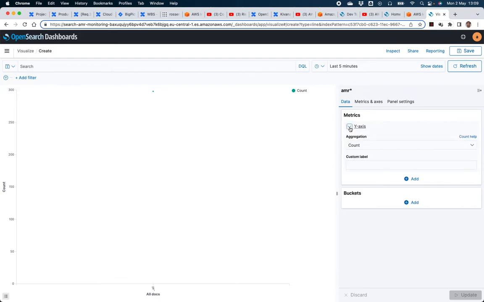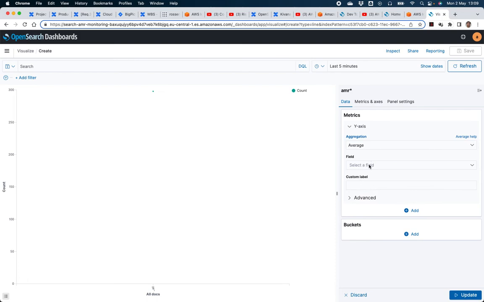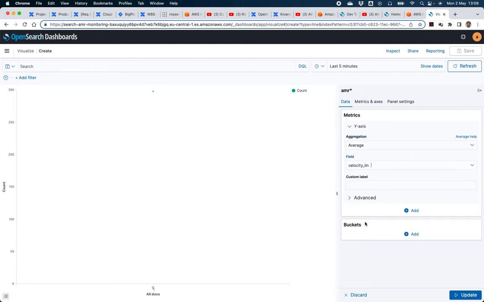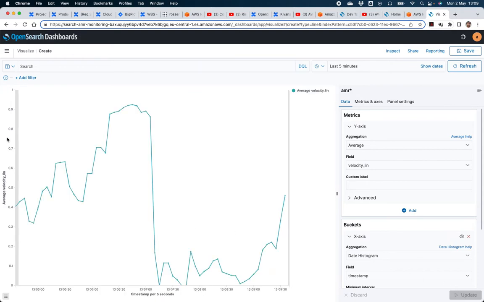Just check the documentation. You could say, I want to see the average linear velocity in time, a date histogram. Okay, and you have the graph and you see something here for the last 5